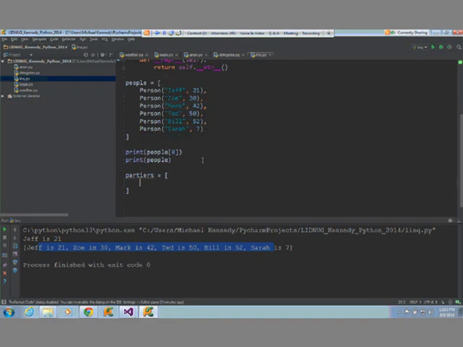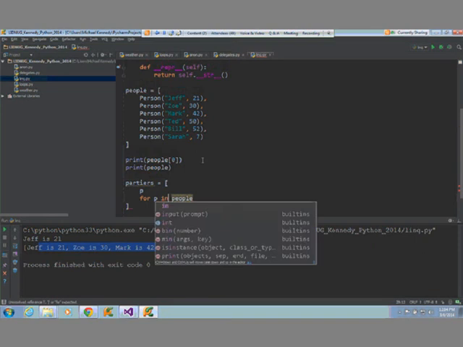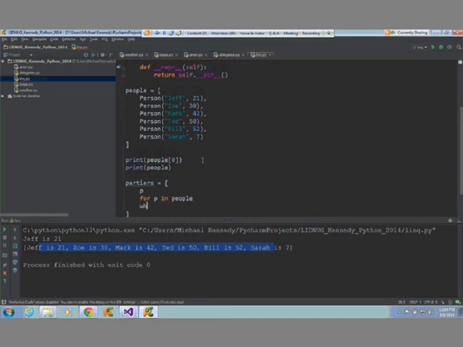So what we can do is we can go over here and we can say P for P in people, if P dot age is greater than 21 and P dot age is less than, what did I say?